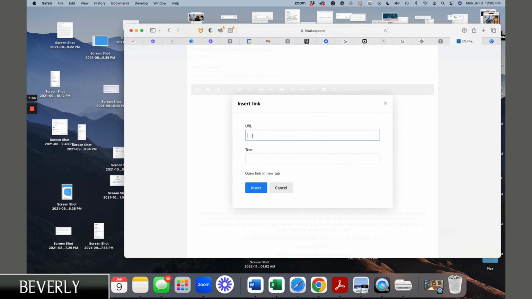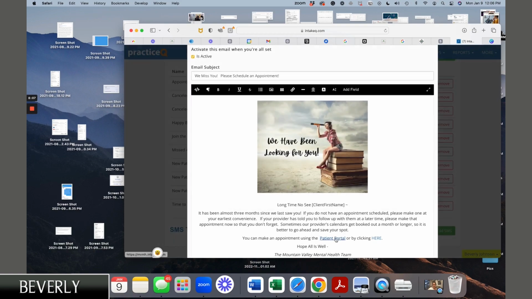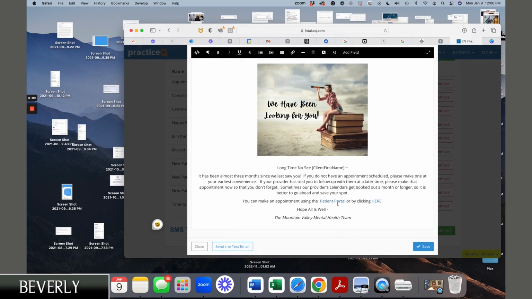You would paste the URL here of wherever you're wanting that link to go, and then whatever text you want it to say. Book appointment here, book an appointment, whatever you want the text to say there, and click insert. And then you're going to end up with this little hyperlink. And to edit it at some point, if you need to edit something, you just click on it, come to edit, and redo it. Unlinking actually removes the whole link altogether. So you don't want to do that if you've already set it up, unless you set it up in error